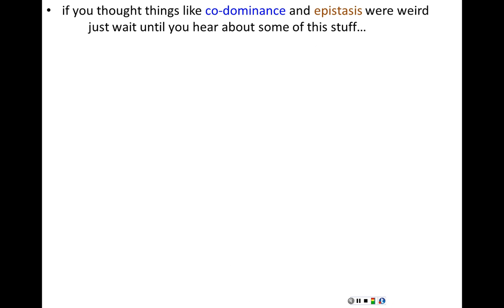So we talked about things like codominance and epistasis in previous lectures, and that was weird in the sense that it made Mendel's laws appear to be wrong. It appeared to affect the Mendelian predictions. Now, once we dug down deep and looked at the mechanisms by which these things were working, we could see where Mendel's laws held true. But we had to understand what the DNA and what the genes were doing in order to see that, to see how Mendel's laws were not being broken. So that was weird, but not so weird.